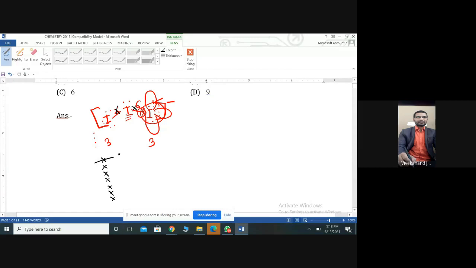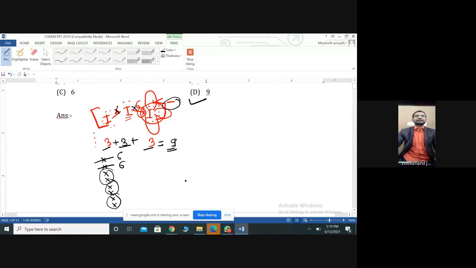One electron we are using for the sigma bond, another one electron we are using for making the sigma bond, and here the negative charge comes into the picture. Guys, in inorganic chemistry when we have a negative charge, we have to add one electron over here. When we add one electron, the total number of lone pairs comes as 3 on the middle one. On the middle one we have 3 electron pairs, and the last one also has 3 electron pairs. Total number of 9 lone pairs are present on your molecule.